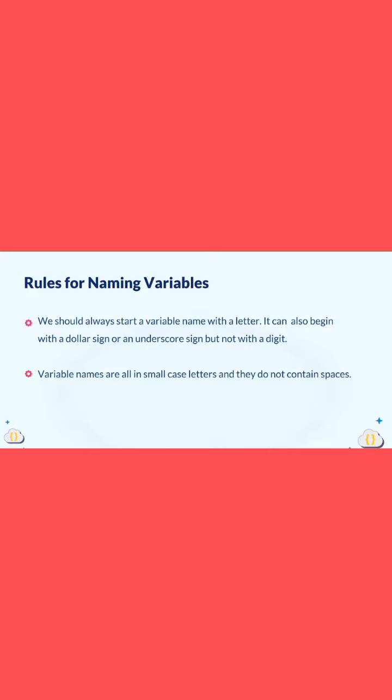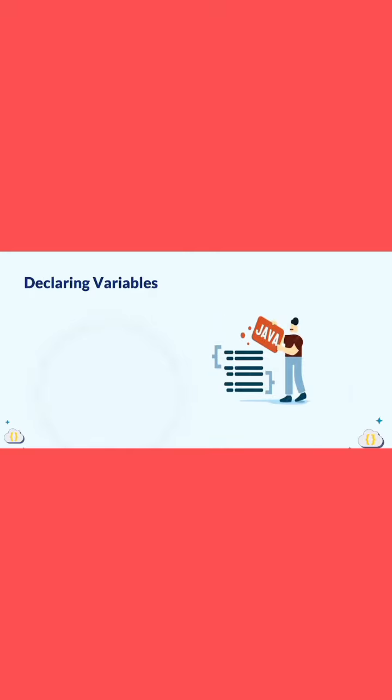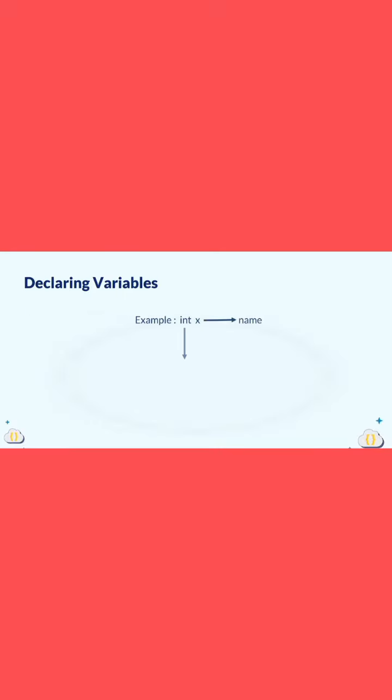Now we will learn how we can use these variables. To use the variables, we first need to declare them. Now what do we mean by declaring variables? This means that we specify which type of value a variable will hold and what will be the name of the variable. For example, int x, where x is the name of the variable. Int is the data type. Now, if you are thinking what is a data type? Data type is something that specifies the type of the data that can be stored in a variable. In the upcoming video, we will cover data types in detail.